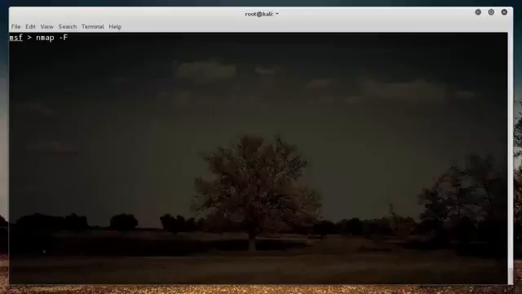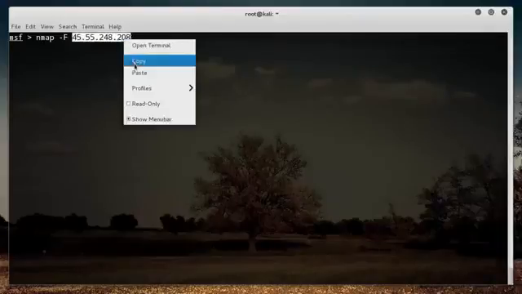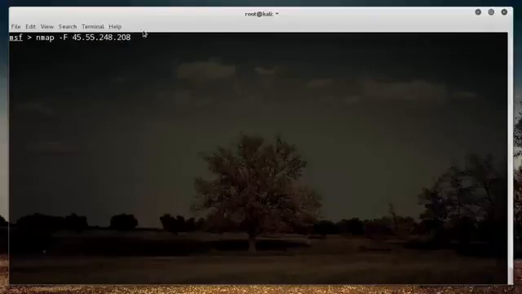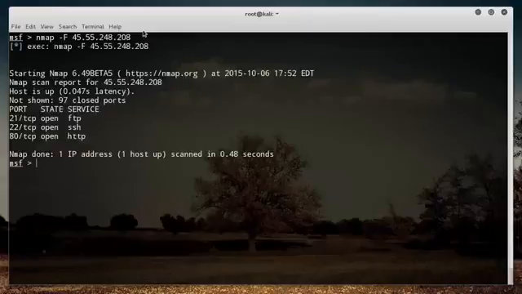Now, before this tutorial series, I just bought, like I said, a real crappy $5 web server. So I know the IP address of this is 45.55.248.208. Actually, let me copy that so I don't have to type it again. So now what I want to do is run a quick Nmap scan,